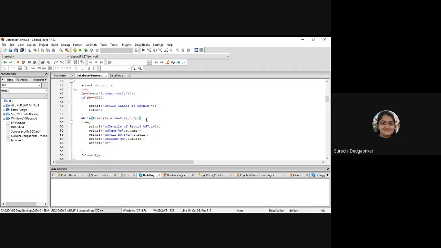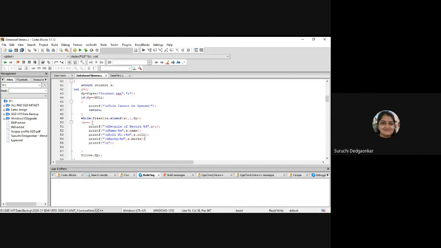That means until the fread function is able to read a record of size s, it will read that record and store it in this variable s. We have declared the variable here, struct student s. So it will store those details in variable s, and we will display the details of that particular student.